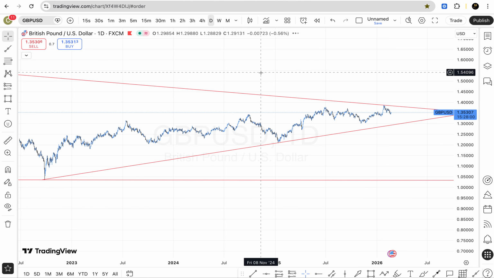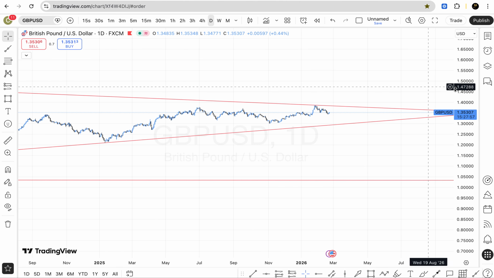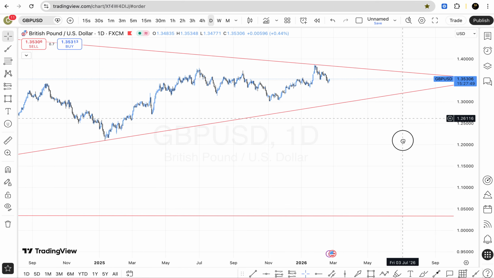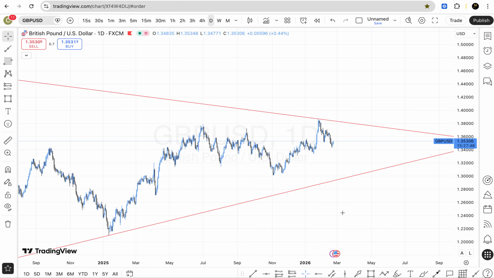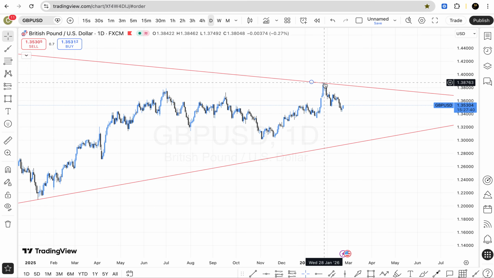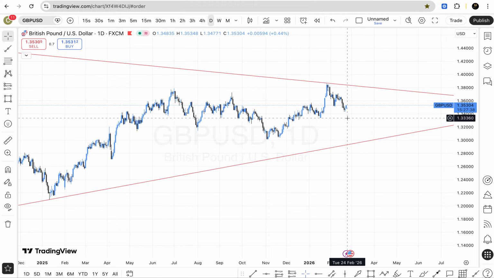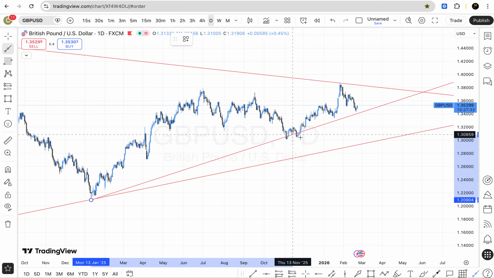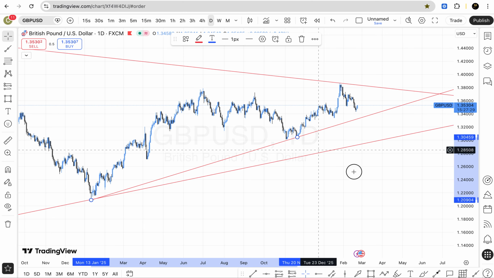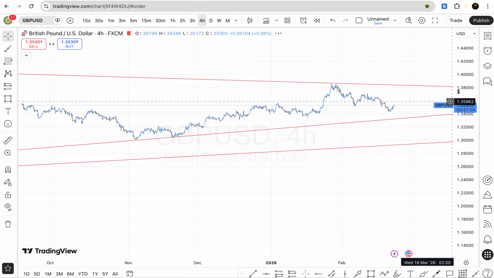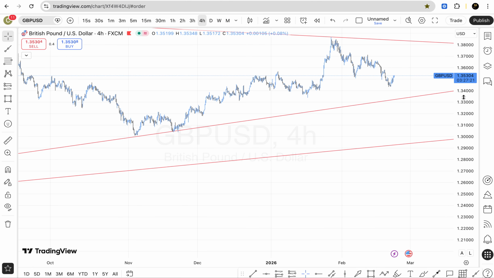Remember, we're drawing our trend lines from the last point of the previous trend line. For example, this was the second point from the higher time frame, so we'll start from here to give the next trend line on the daily time frame. Let's see. I think on the daily time frame there's no clear trend line from here, so we just do that on the down, from here to this point. Okay, and then on the 4-hour time frame, I think we have more visible points from above,